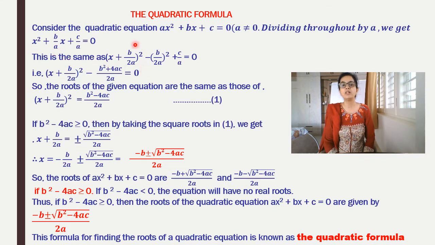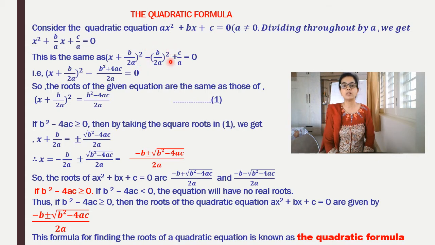Now, just focus on the first two terms. They will get converted into the form x plus b whole squared. So how are we going to do it? Let us take x and b upon a from the first two terms and convert them into x plus b upon 2a whole squared form. While doing it, we are going to get the last term, which will be b upon 2a whole squared. So it is in addition, that will be plus b upon 2a whole squared.